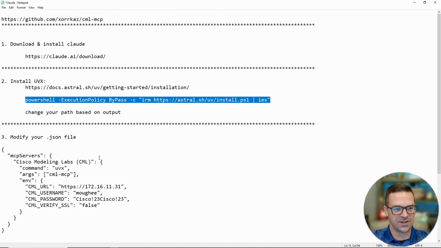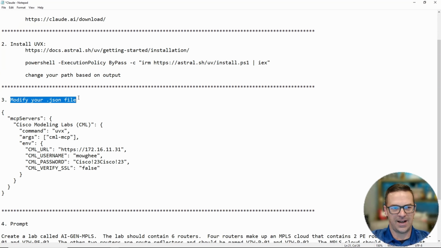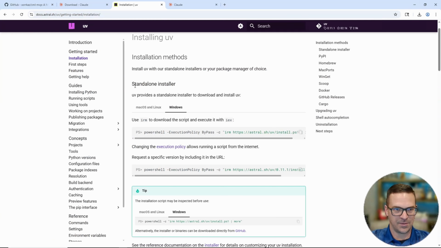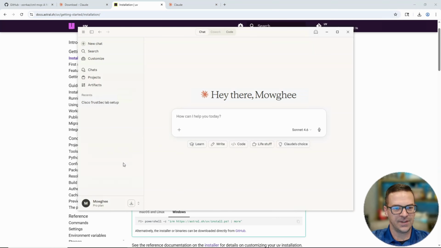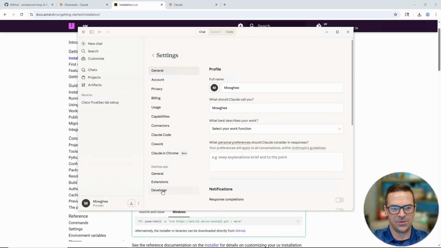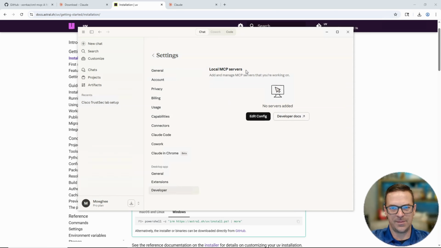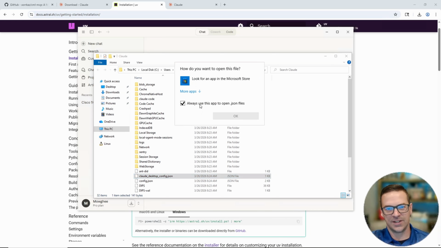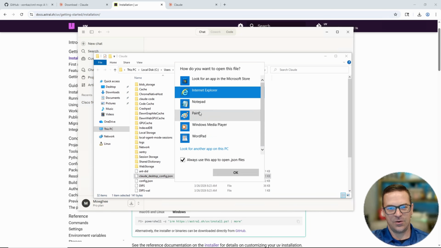And then if we look at our instructions, at this point we're ready to modify the Claude config.json file. So I'm going to take this and copy it. I'm going to head back to Claude, and to get to that file, you click on your username down on the bottom left, you go to settings, then you go to developer, and you can see local MCP servers. Right now, there are none. We're going to change that by saying edit config. It takes you right to the directory where that config file is. Literally, you just double click it. I can say open with Notepad,